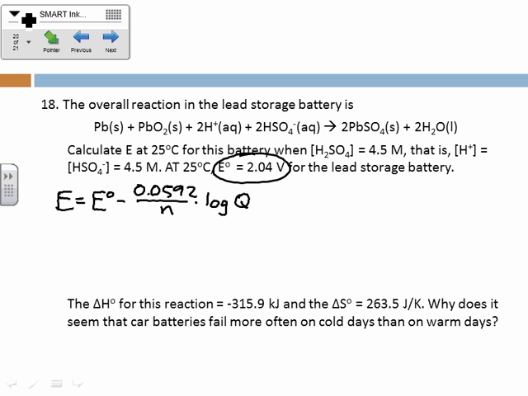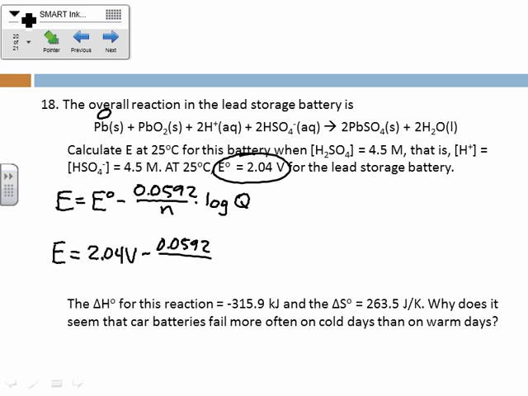Alright? So a lot of these things we can figure out fairly easily. The E here is what we're trying to solve for. They give us the E0, it's 2.04 volts, minus 0.0592 over, okay, this is where you have to be a little careful. You might think off the top of your head, oh, 2 here. But remember, the best way to figure out how many electrons are being transferred is looking at the oxidation states